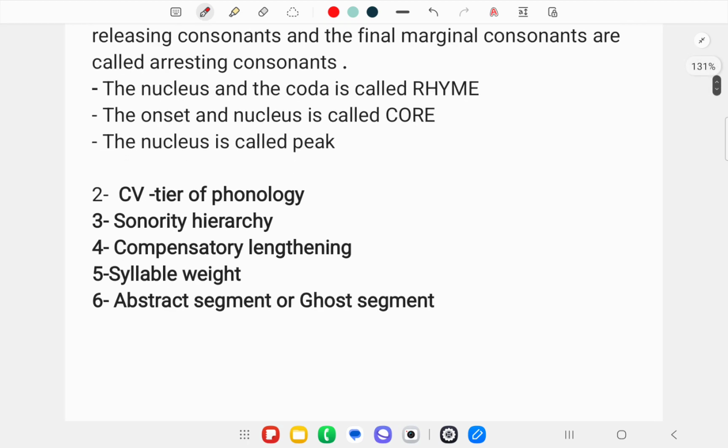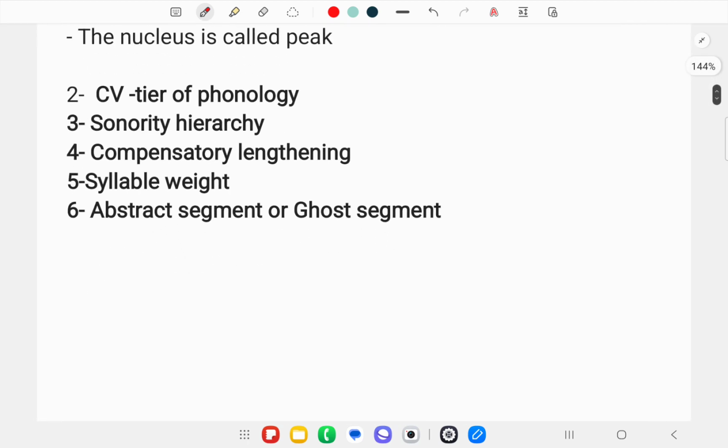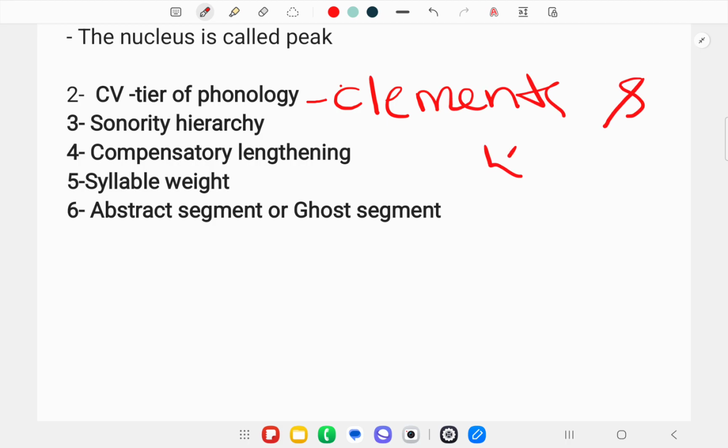Next, I am talking about the CV tier of phonology. The CV tier or CV model of phonology is a very important topic from the exam perspective: who coined the term CV tier or CV model of phonology? When we come to the CV model of phonology, this tier was given, or produced, by Clements and Keyser